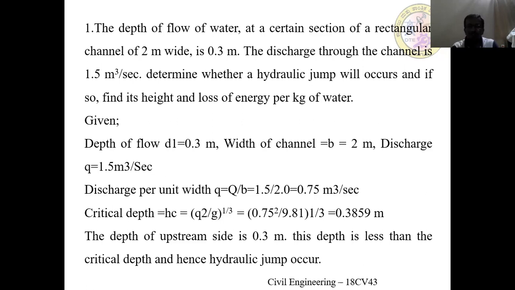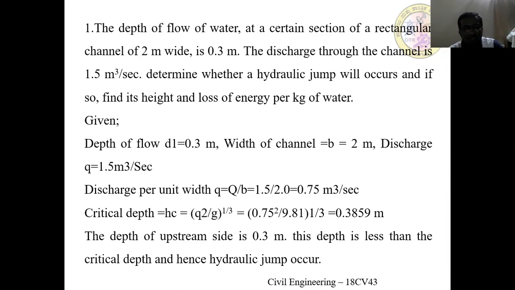We know that in the specific energy chapter, we derived the equation: critical depth Yc or Hc equals (q square by g) to the power of 1 by 3, that is, Yc cube equals q square by g. On that basis, it is possible to find the critical depth directly. We know q and g, so substituting, we get (0.75 square by 9.81) to the power of 1 by 3, which gives 0.3859